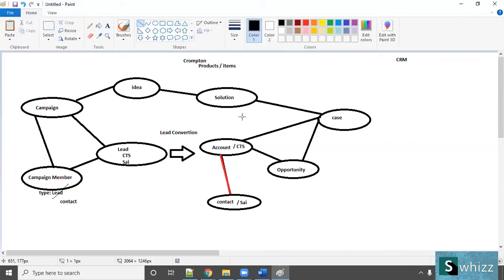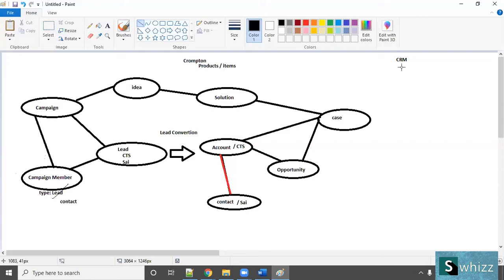I just took some core objects. In the middle, there are so many objects, code will be there, assets will be there, so many things will be there. But these are the core objects. I'm not talking about Salesforce, I'm talking about the CRM. If you touch down on the CRM concept, you will see the campaigns, campaign members, leads, contacts, accounts, opportunity, cases, solutions.